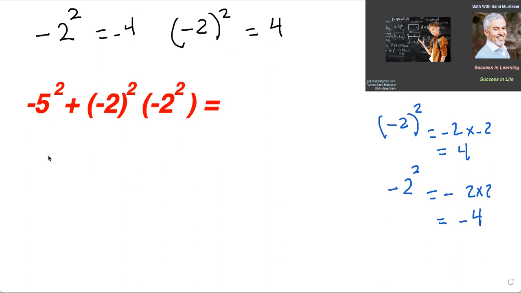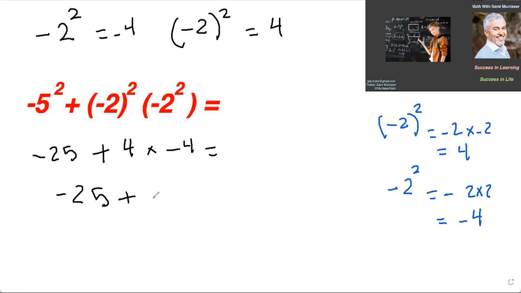And the answer to this will be, as I said, the negative is not squared here. So the answer for this one will be -25, plus, here the negative is squared, so this will be 4. And here the negative is not squared. The square is only on the 2, so this will give you -4, which will give you -25